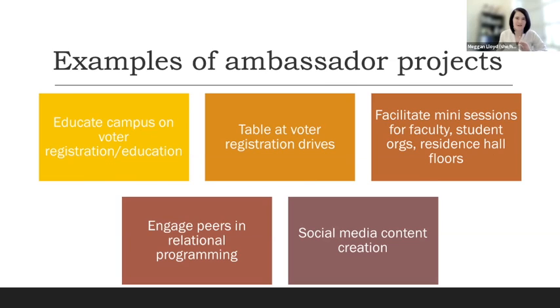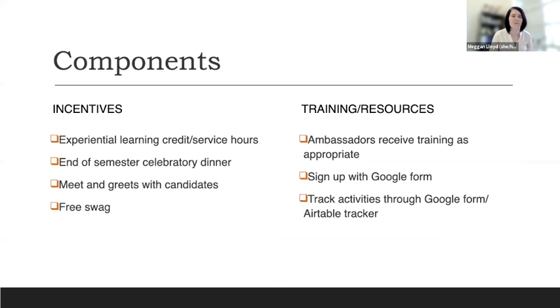On the next slide, thinking a little more about the other components of the program, we spent some time thinking about incentives we could offer students, since funding isn't a resource we'd be able to provide. A couple of the colleges at our campus have a requirement of experiential learning credit, where students have to complete a certain number of hours prior to graduation. So I'm in conversation right now with colleagues across campus to see if being part of this program could count for some of those. Other students have to do service hours, for example if they're part of fraternity and sorority life, so this could be a component for those types of programs.